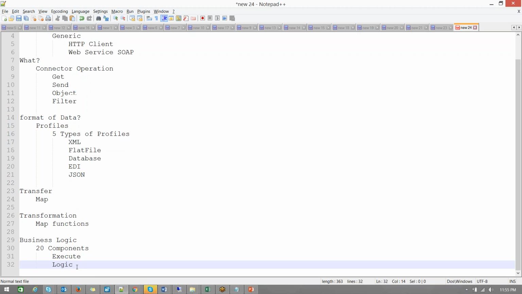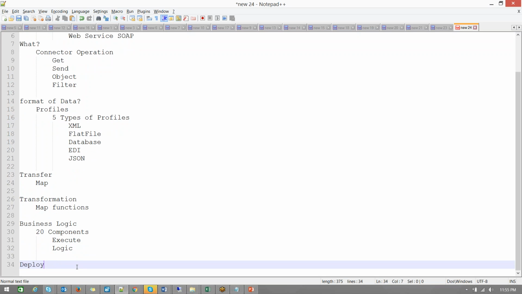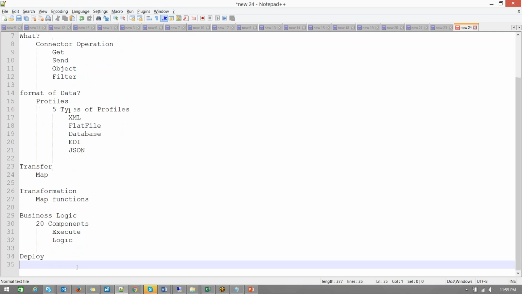The next level is deploy. This is where we discuss how you deploy into different environments. And here is where we will discuss